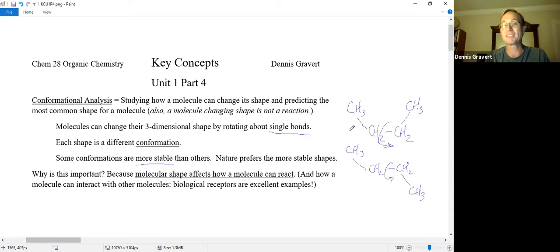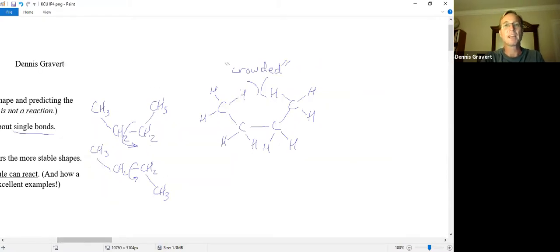So let me ask you this, of these two shapes for butane, which one do you think is more stable? Which one do you think nature prefers? Turns out it's the bottom one. If you show all the bonds and actually draw it accurately, with the bond angles and the bond lengths correct, you'll discover that when butane is in this crescent C shape, that's an awkward name for the shape, we've got a better name coming up,